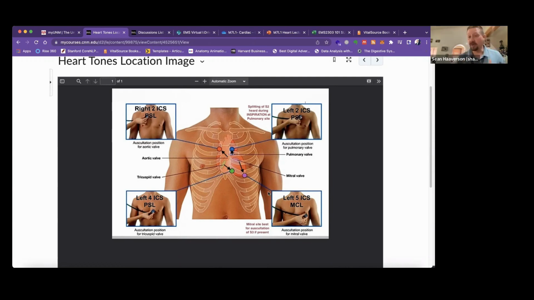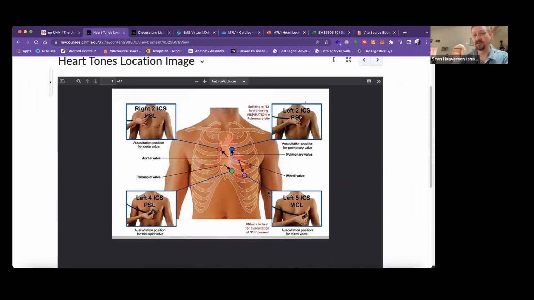Now, at our level, a few things to keep in mind for heart tones. Heart tones can be helpful, but for us are very often not the clinical piece of information that tells you it's this versus that emergency. So they're a part of the picture. It's not necessarily as important that we listen to every valve in every patient to get a clinical piece of information that might change how we manage our patients. If you need to hear more about every valve for some reason, then that's when you would use these other sites. But if not, when you're just starting to listen to heart tones in your cardiac patient, listen over